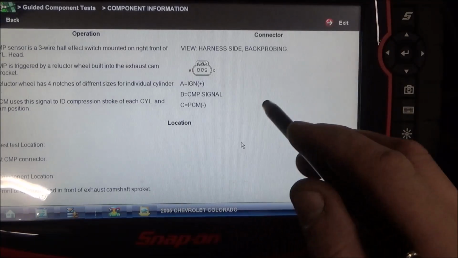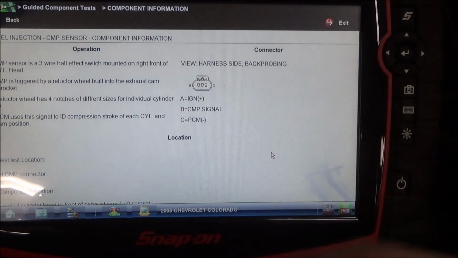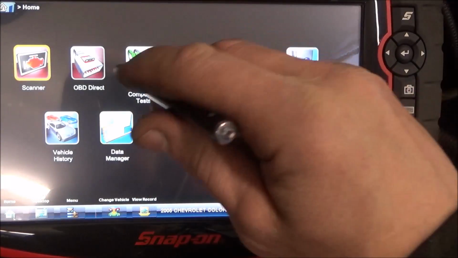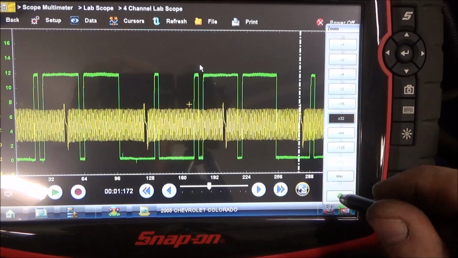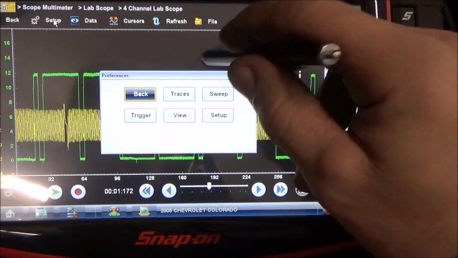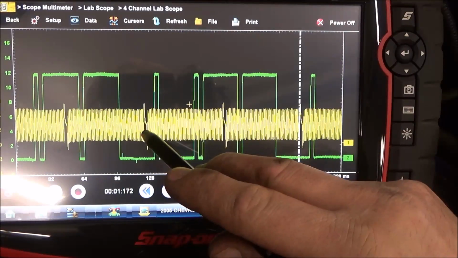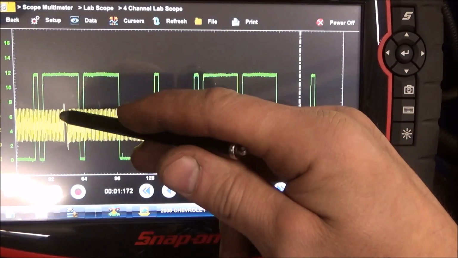Okay, so if it's 4 compression strokes, it's got to be in 720 degrees of crankshaft. So let's poke back to here and look at 720 degrees. We got 360, we got another 360, so that's 720. So between here and here,